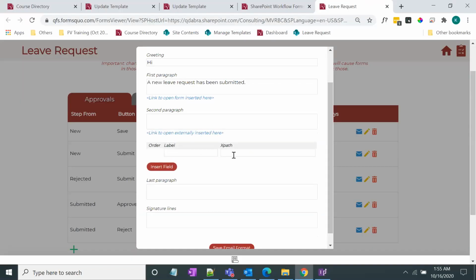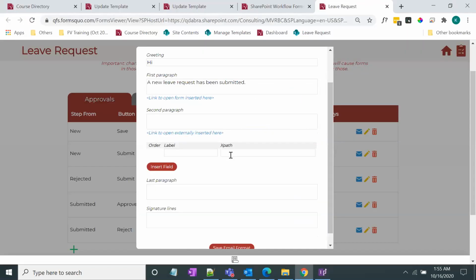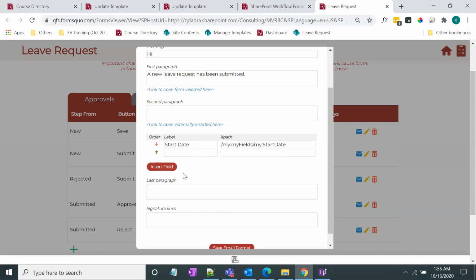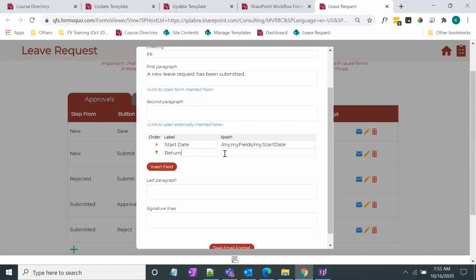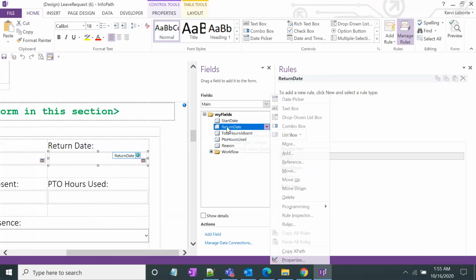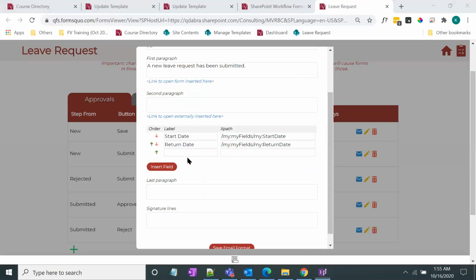So let's try adding that by copying the XPath of our start date. Click copy XPath, and let's add the label start date, and then let's try insert another field, the return date, and copy the XPath of that field as well. And lastly, we're going to add the reason